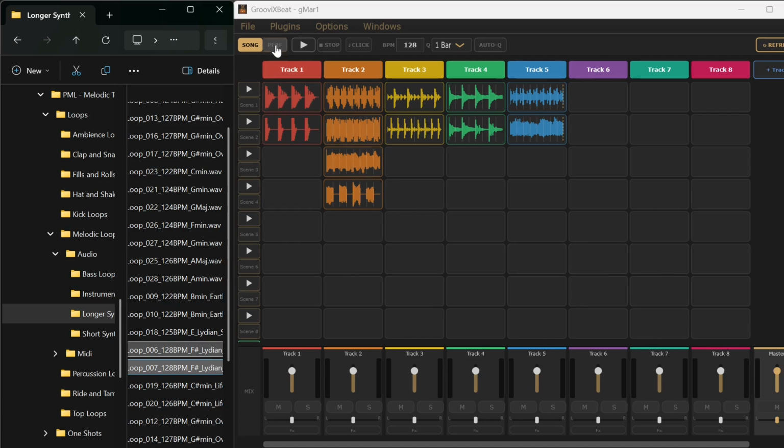So let's switch to performance mode. In performance mode, what happens is only a clip that is clicked on gets triggered. So let's go to play. When you press play, it basically says that all the samples are ready to be played. And you can just click on a single track to start playing. So let's start with, for example, this hi-hat to start with, and we'll introduce the beats, the bass, and other elements slowly. So let's start with this. Now we're going to introduce